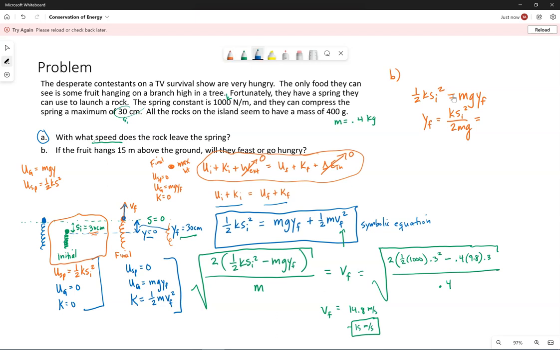Now, total side note really quick. I hope you know within the potential energy, this is the spring constant. Don't confuse that with kinetic energy in our conservation of energy equation. 2 Ks. The spring constant is technically a lowercase k. Kinetic energy is capital K. So plugging these values in,